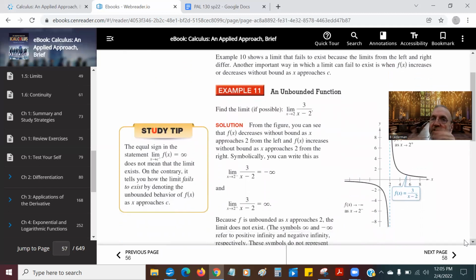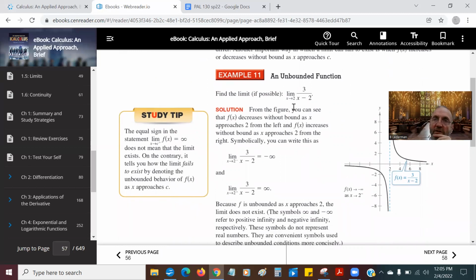Unbounded means it gets infinitely big. So the limit as x goes to 2 of 3 over x minus 2. Well, always start by seeing what happens if you plug the number in. If I plug it in, I get 0 on the bottom and 3 on the top. Now, if I would graph this,